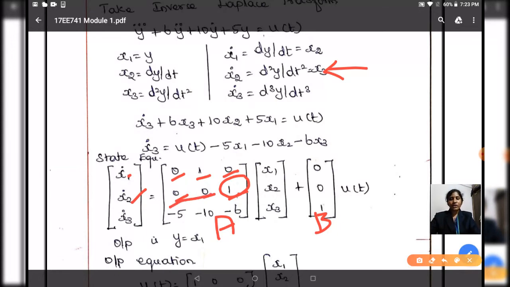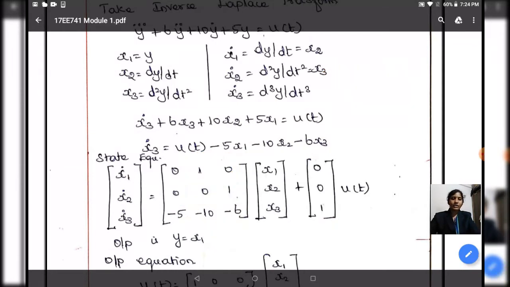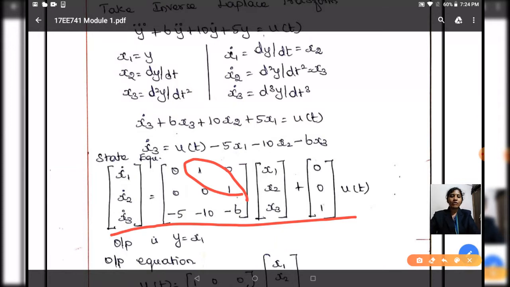Whereas in case of x3 dot, here the coefficient of x1 is going to be minus 5, the coefficient of x2 is going to be minus 10, the coefficient of x3 is going to be minus 6, and the coefficient of u is going to be 1. So this is how you need to write the state equation and our state equation matrix. And as we discussed earlier, here the upper half diagonal is 1. So when you look at the state equation matrix, the upper half diagonal what we have framed is equal to 1,